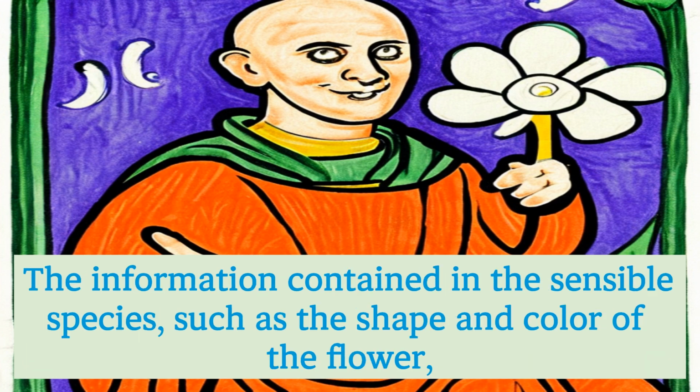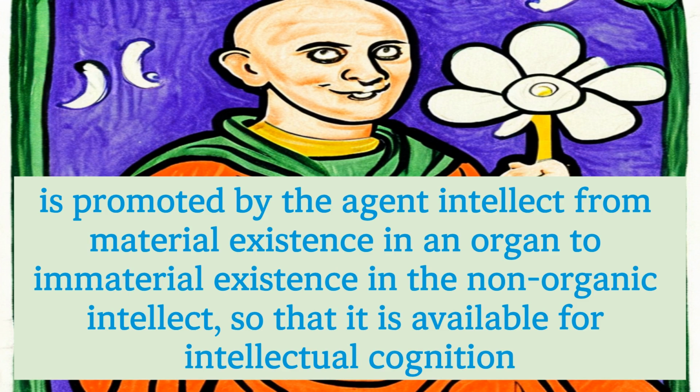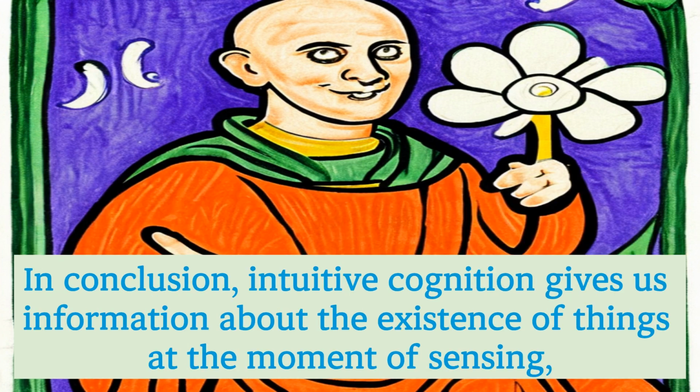The information contained in the sensible species, such as the shape and color of the flower, is promoted by the agent intellect from material existence in an organ to immaterial existence in the non-organic intellect, so that it is available for intellectual cognition. In conclusion, intuitive cognition gives us information about the existence of things at the moment of sensing,